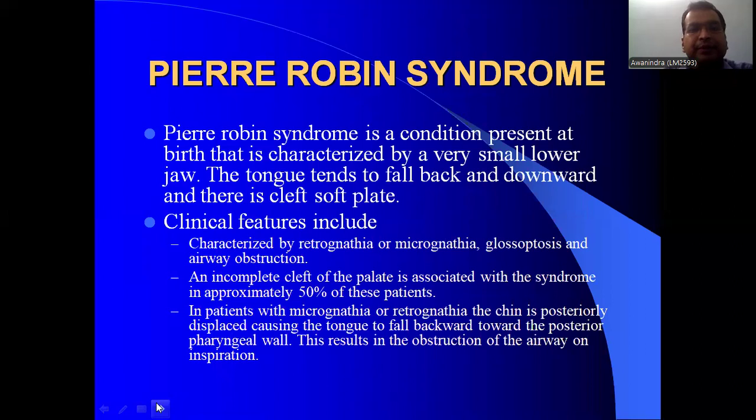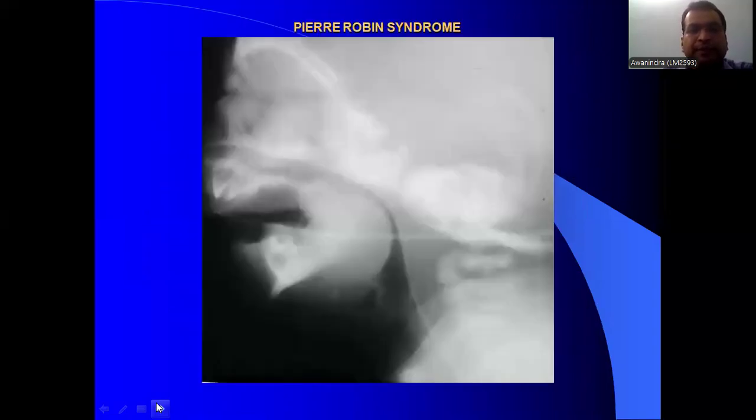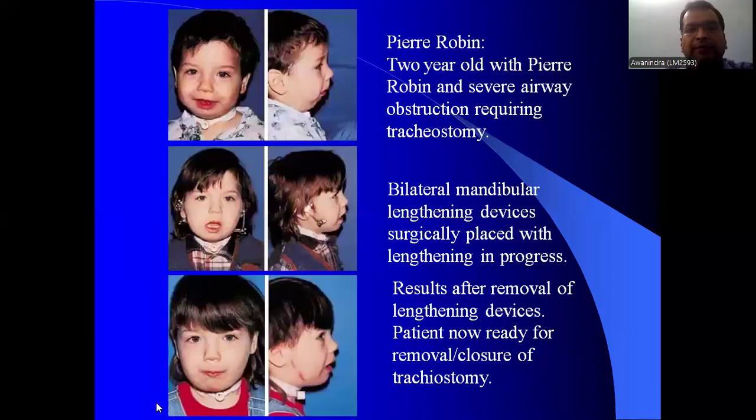Then Pierre-Robin syndrome is a condition present at birth that is characterized by a very small lower jaw. The tongue tends to fall back and downward, and there is a cleft soft palate. This is the lateral cephalogram radiograph of Pierre-Robin syndrome. So these are the clinical features